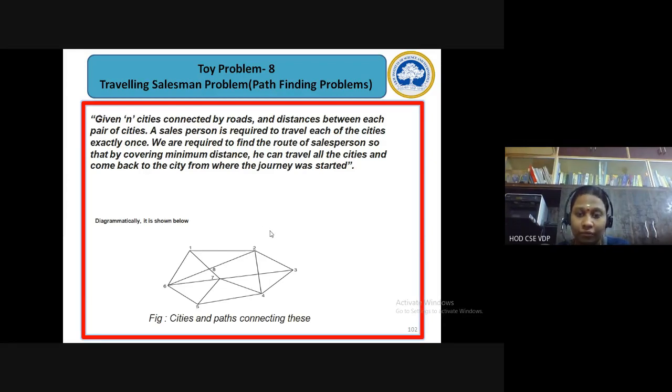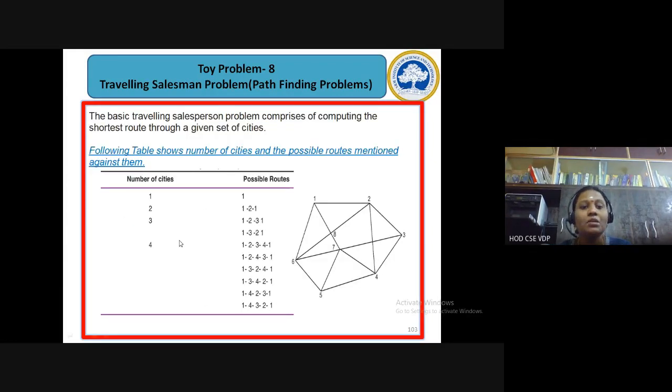So now we'll just start. Okay, so here you have the number of cities visited. I've just taken 4 cities, because this is a very big graph, so starting from 1 you have to go back to 1 only. So if you are taking 3 cities, which means 1, 2 and 3 alone, so starting from 1, 2, 3, 3 to 1, you don't have a direct combination. 1, 3 to 1.